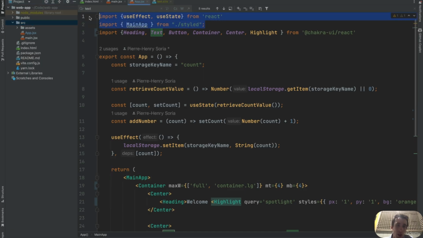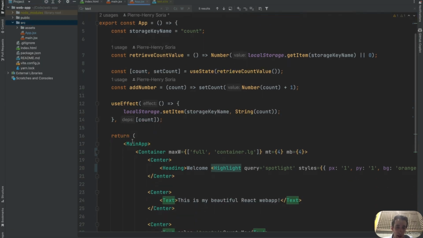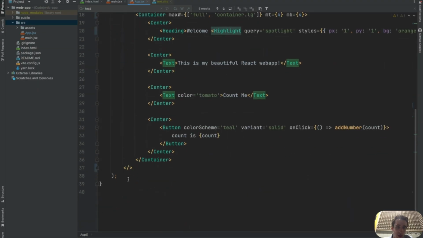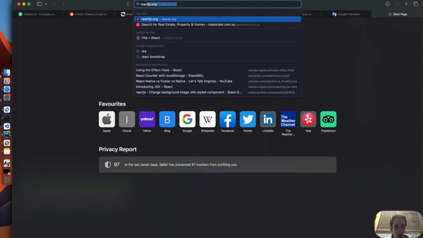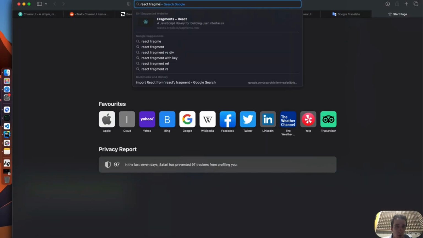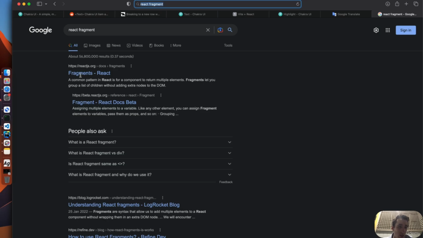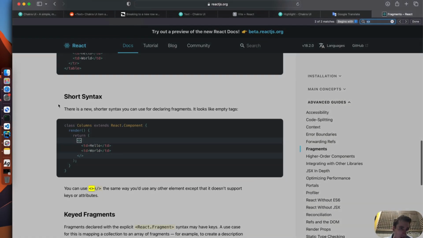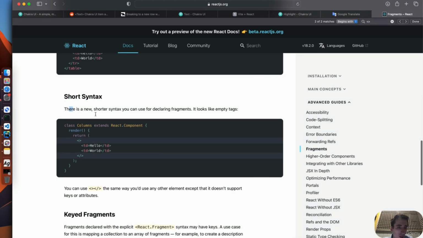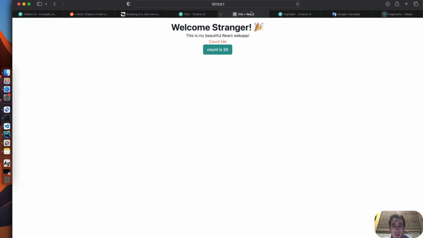So we can just remove main app, and this one we can just use as a fragment in React for now. So React fragment is this one, and in my case I use a shortcut like this. The short syntax of the fragment is used when you have multiple lines, you have to use a fragment in React. So now